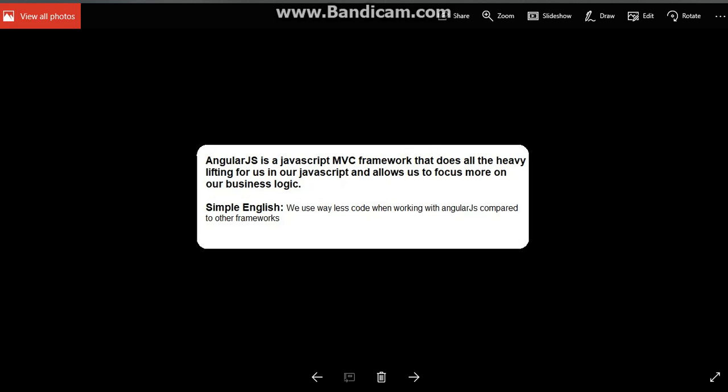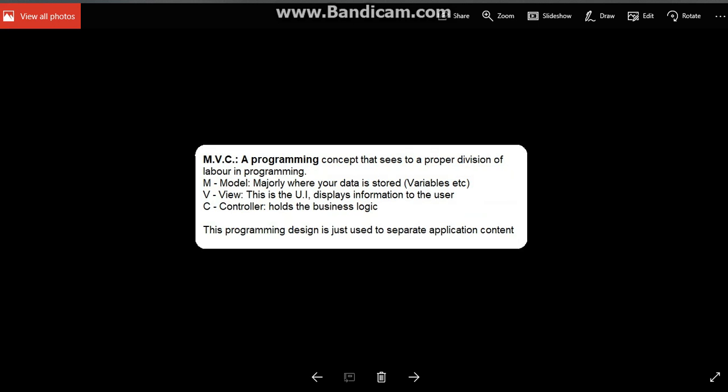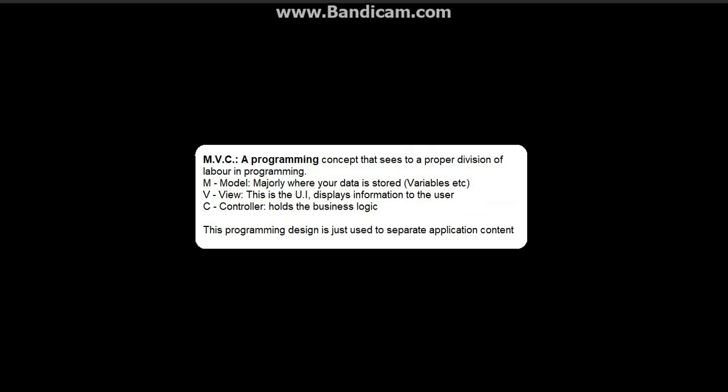Okay, so in our previous definition here, we said AngularJS is a JavaScript MVC framework. So the word MVC might be confusing to some people, so I'm going to try to make a quick talk on that too. MVC is a programming concept that sees to a proper division of labor in programming. If you go online, I'm sure you're going to see different definitions, but as I said, I am trying to keep things as simple as possible here. So the word MVC, it's a programming design that allows us to divide our code